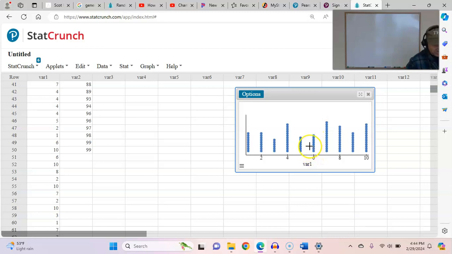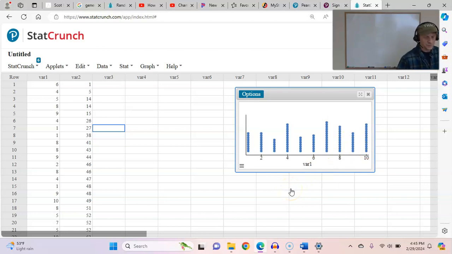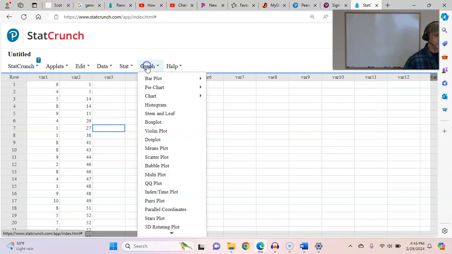This shows you that there are 1, 2, 3, 4, 5, 6, 7. I can't really count those dots, but there's about 8 of them. And likewise with all the other numbers in the list. So there are this many 1s, this many 2s, 3s, 4s, 5s, 6s, 7s, 8s, 9s, and 10s. Basically, what it's doing is taking this list of numbers, putting them in order, and counting the repetitions for each number. Pretty simple. If we do the same thing for variable 2,